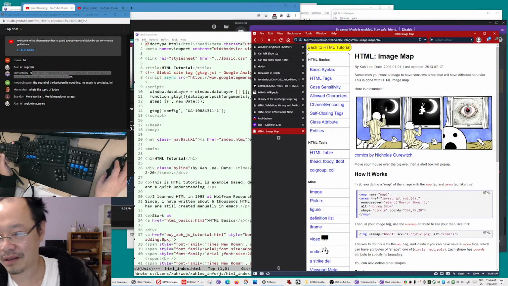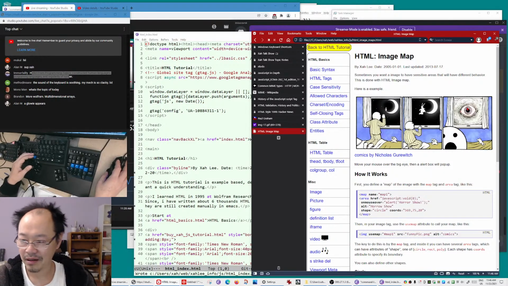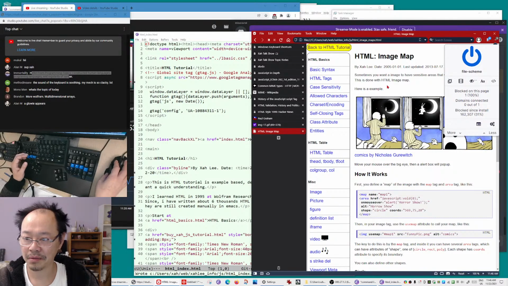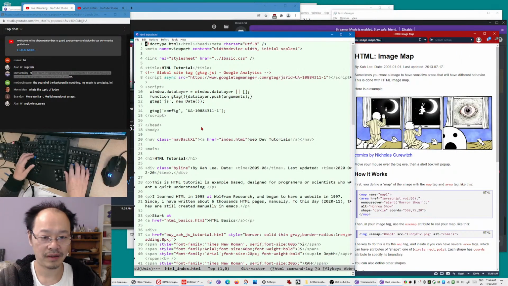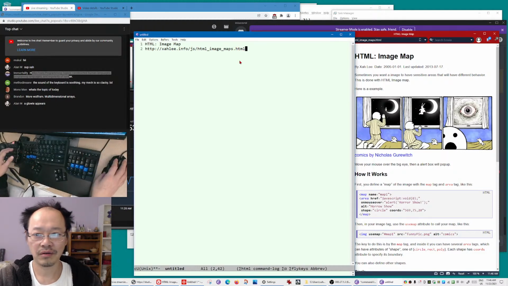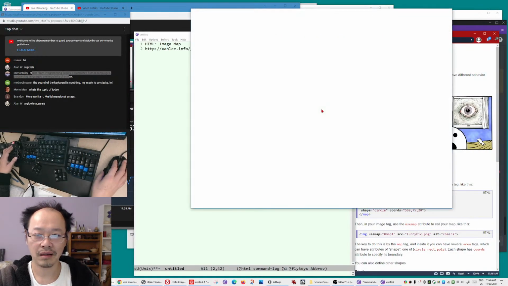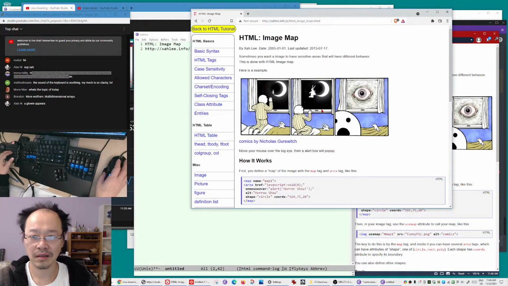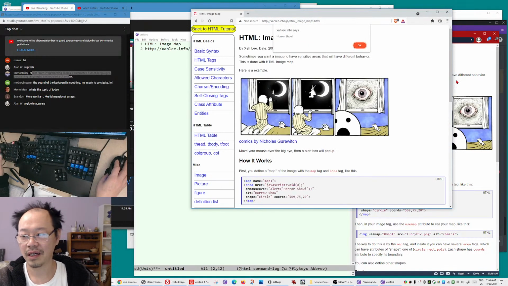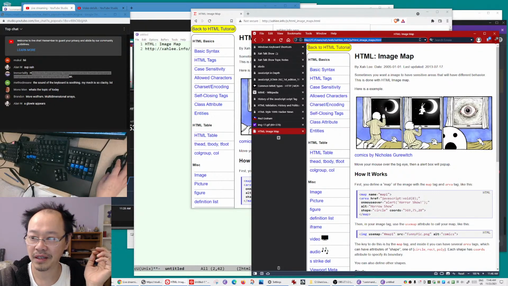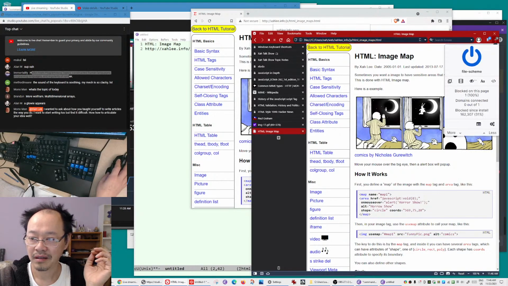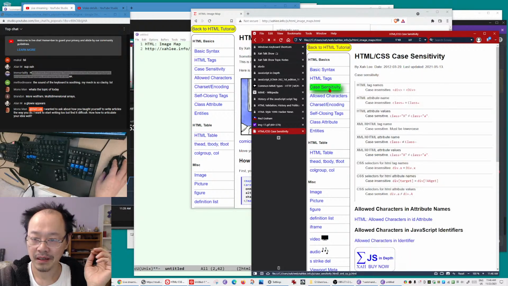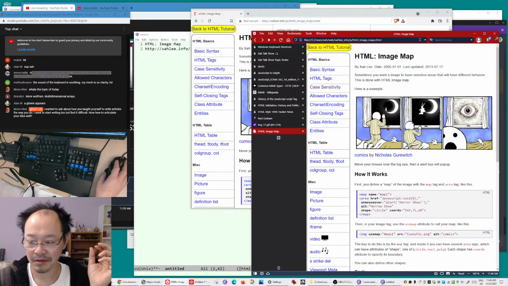Okay, did I screw up my website? Or is it because image maps are not supported anymore? What's going on? So go to my site, go to this URL. There it is. Okay, it's not working in Vivaldi because, okay, this is a new thing: an image map does not work when you have a local file.